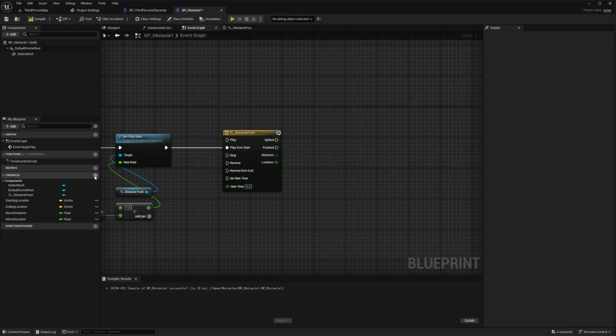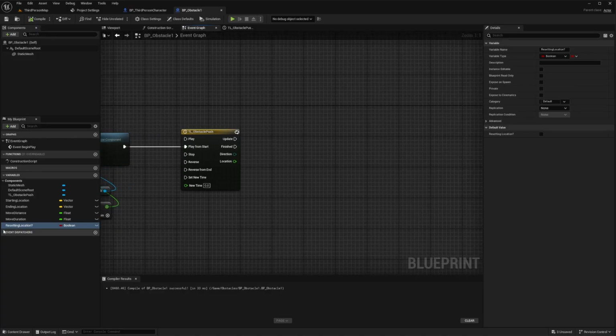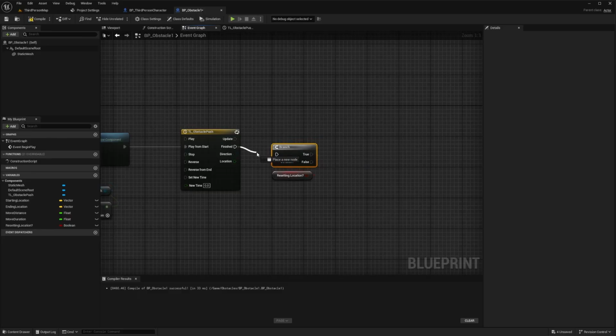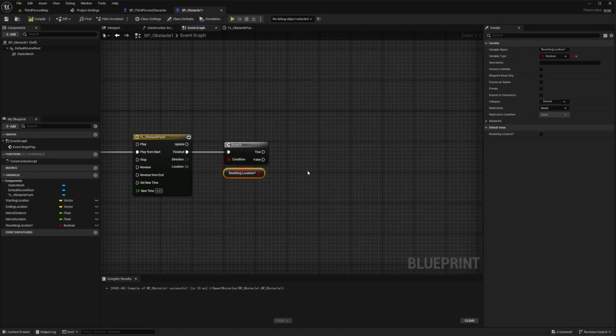So another thing we need to create here is another variable, which is going to be a Boolean variable, which will be resetting location, question mark. So this is going to determine whether basically it's pushing out or resetting the location, so it knows whether to go forward or backwards. So we're going to pull this out, get a branch, and so on the finished node here, we're going to check whether resetting location is true or false, and then we're going to go ahead and